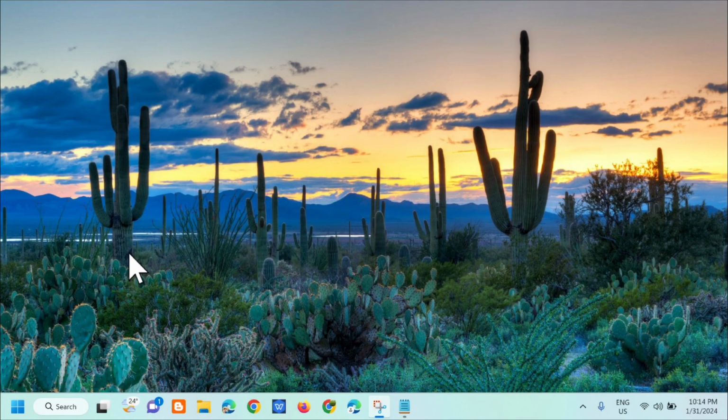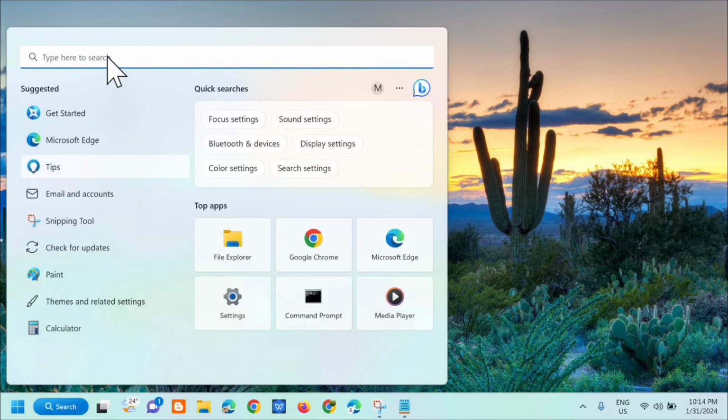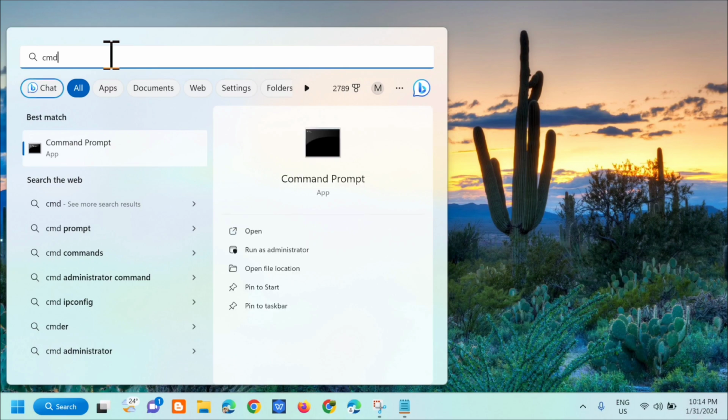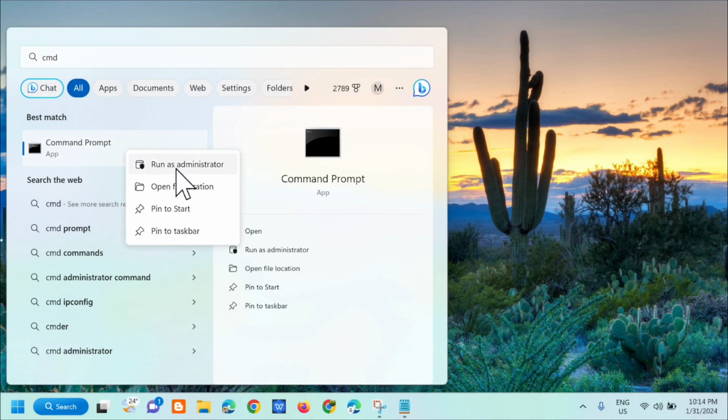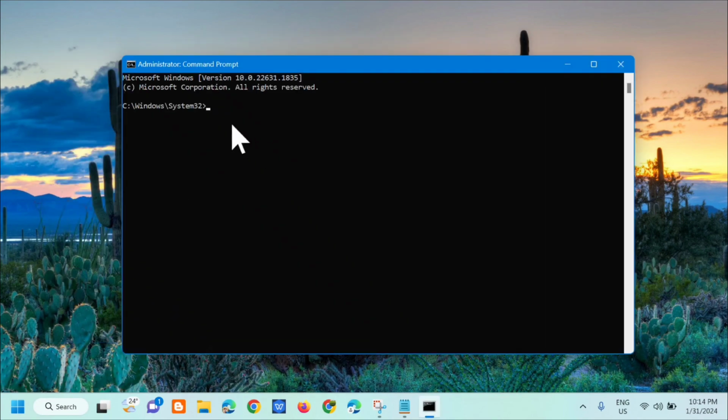So all you have to do is open up the search menu and then type CMD, which is what we call the command prompt. And then next, you just need to right-click and select Run as Administrator. In this Administrator command prompt, we just need to enter the command keyword ipconfig